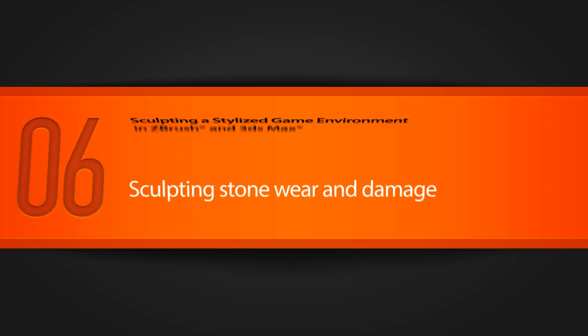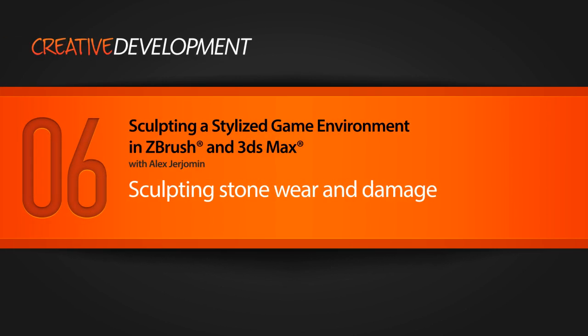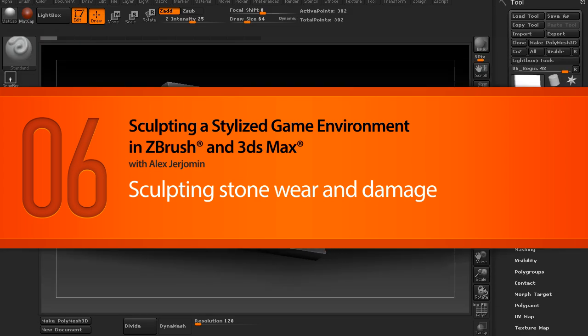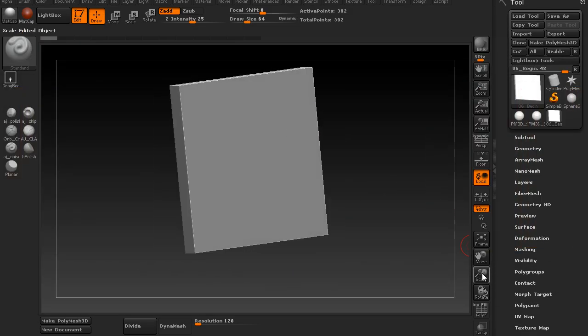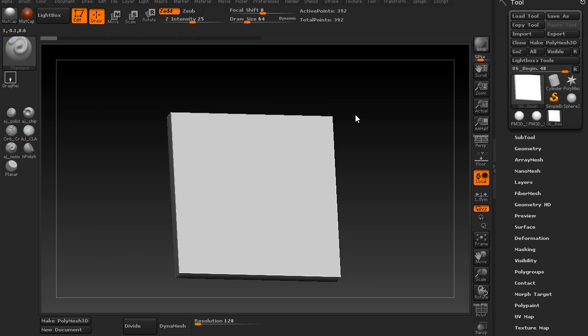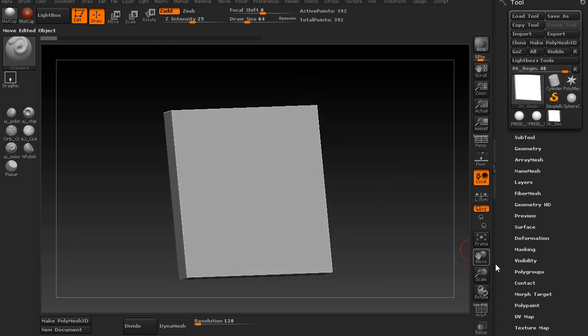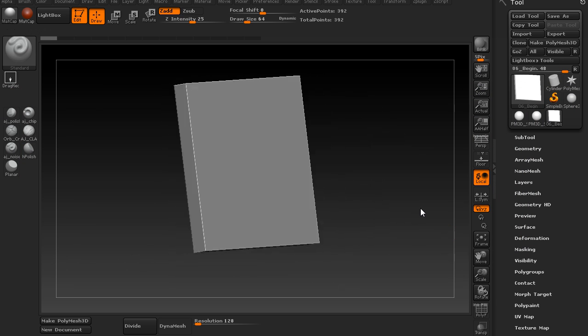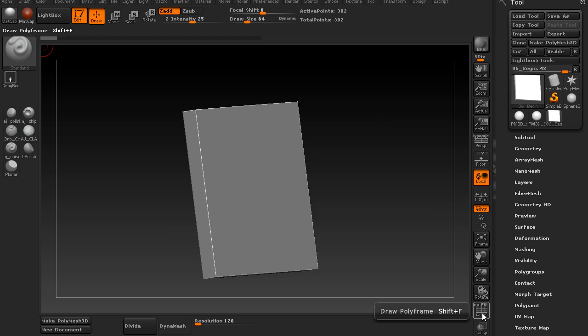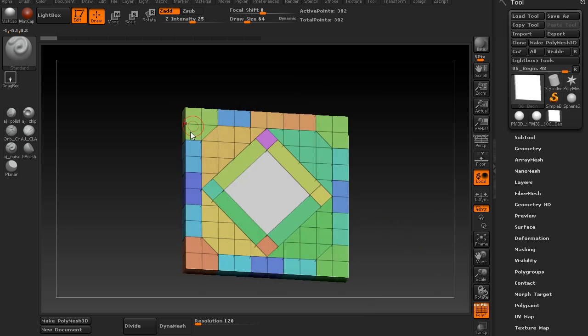In this lesson, we're gonna start sculpting our floor piece. So here I got our floor piece imported into the ZBrush. It's the same floor piece we've done in lesson 2. You can find it in project files as well. So as you can see, it's not much right now, just a square. But if we turn on the polyframe here, you can see it's all divided into the bits that we divided